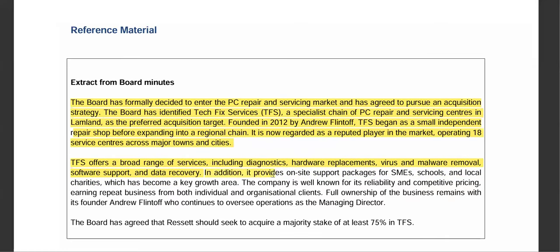In addition, it provides on-site support packages for SMEs, schools, and local charities, which has become a key growth area. So it appears that the B2B business segment is picking up for TFS, which is good news because we also